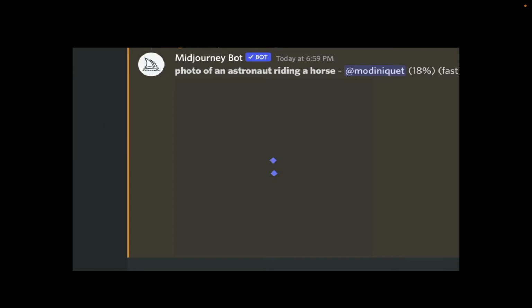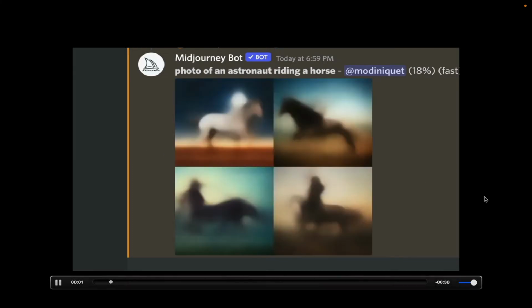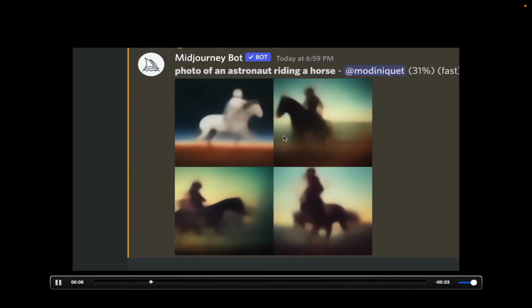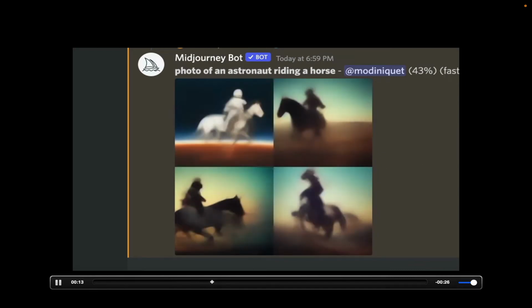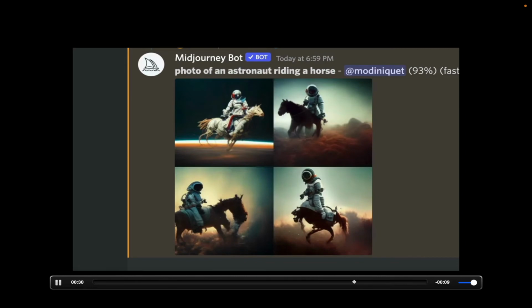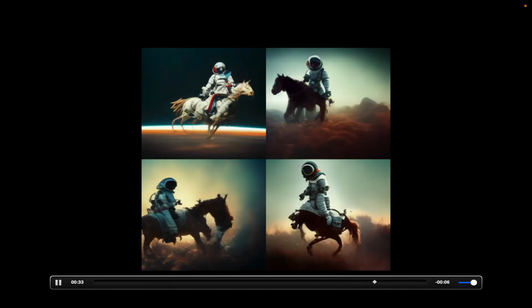So here's an example that illustrates the diffusion process. And when you use Midjourney, what is really cool is that it shows you the different steps of the process. So you see that this astronaut on the horse starts very blurry, and little by little, the AI is going to add more details to it. It's going to come up closer and closer to the final image. And so here I sped up this process a little bit. It takes a little longer for that particular case, but it's really amazing to see that it went from something very blurry to this, the final